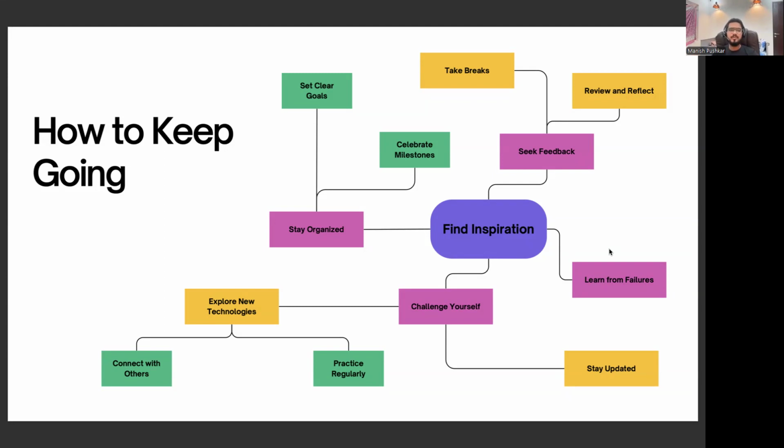That is how you keep going, because this software engineering as a career is just not a year or two. At least you will be spending 15 years, 20 years. You'll be working at different companies with different folks. So try to have a long vision. ठीक है, this is not कि 1 साल का बस कुछ goal hai, you just meet it and you are done with it. Okay, so have the way to look at it ki this is a 20-year or a 15-year time where I have to spend, so I have to work on it, I have to progress on it every day, and that is how you keep going with it.